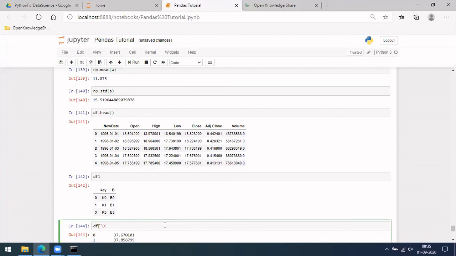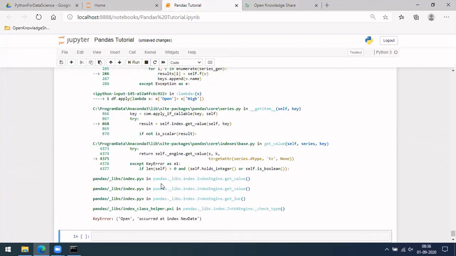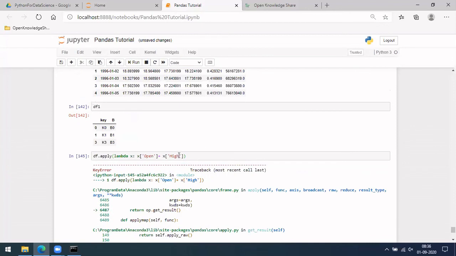Similarly, what we can also do is df.apply, the same thing. Let me do it this way: lambda x, x of open plus x of high. Let's see what you'll be getting. Open occurred at new date.